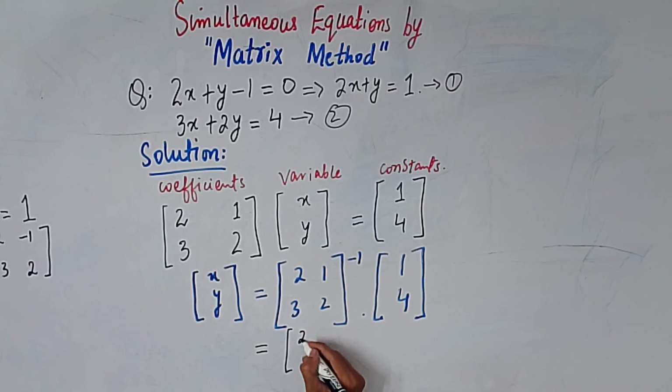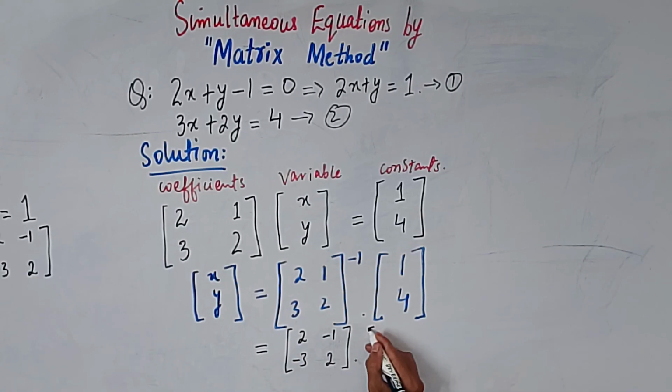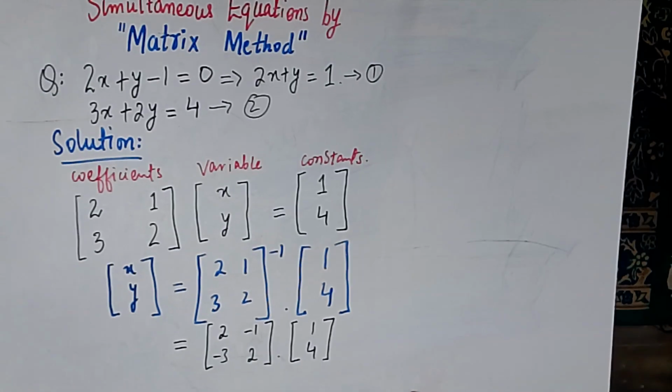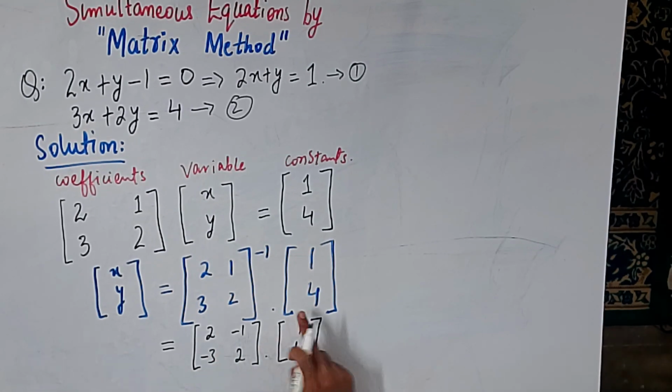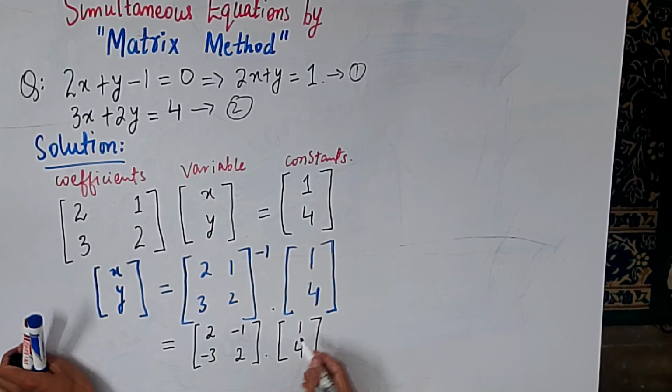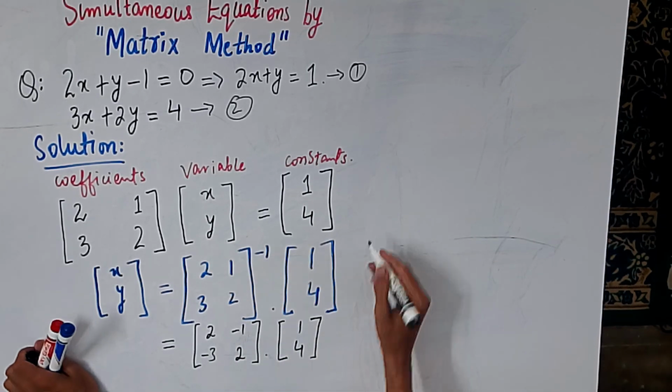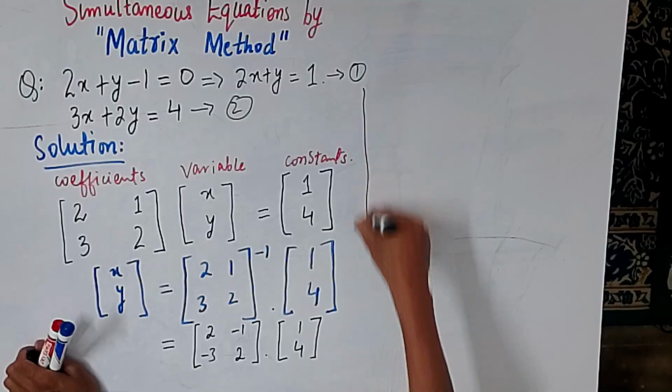2, 2, minus 1, minus 3. Now you need to multiply this matrix by this matrix, and you all know when you multiply, you need to multiply the row by the column. So when you multiply this row by this column, you will get 2 1s are, now I am doing the solution over here.